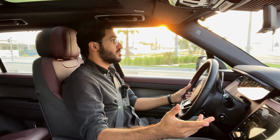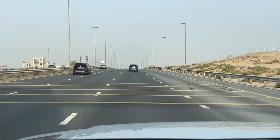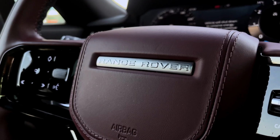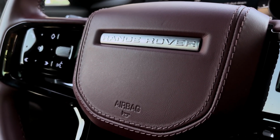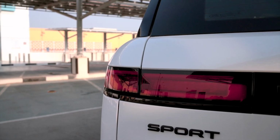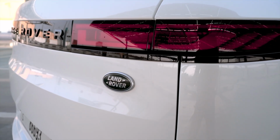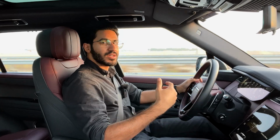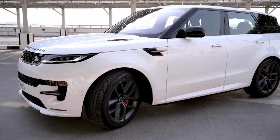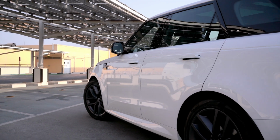So how does it drive? Well, pretty good actually. It is firm and sturdy, and it's stable, for an SUV of course. And you are in a Range Rover, so it has a strong presence on the road. People feel inclined to move out of your way. You think that would make you an entitled, spoiled brat, but unlike a BMW, it doesn't make you one. It sort of pulls you back and tells you to be better. Be calm and prestigious. It's refined and elegant. It's not an egotistical show